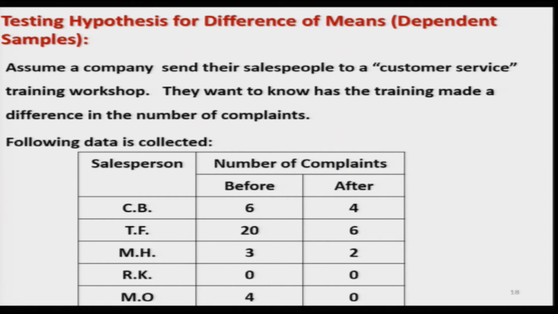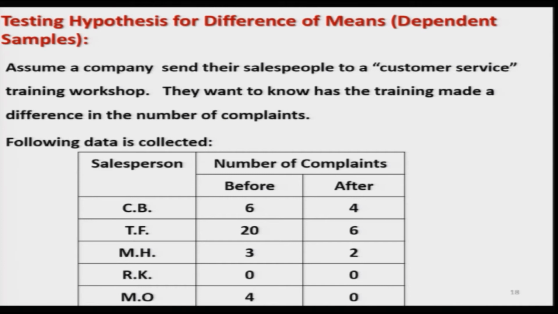Now, I try to take here one more example of the t-test where the variances are unknown. We have samples from two different populations, that is a two sample test where the variances are unknown, but in this case the observations are paired. If you remember, we had talked about one sample test, two sample test, and in the two sample test we had taken an example where the observations are obtained on the same unit. That means, for example, if a student has been given a test and his marks are compared when the student has been given a special tuition or training, and then the examination is conducted again.